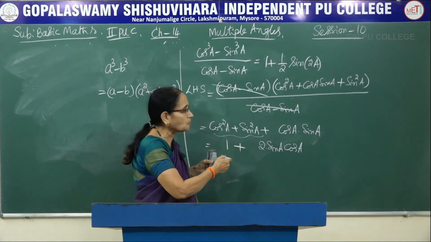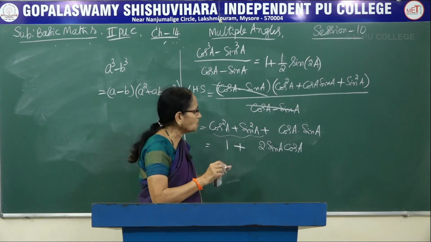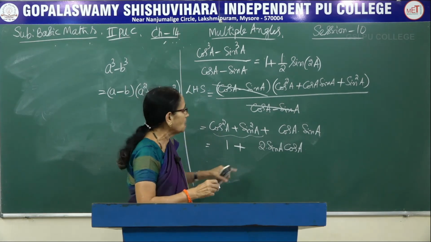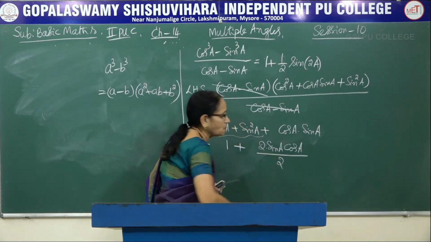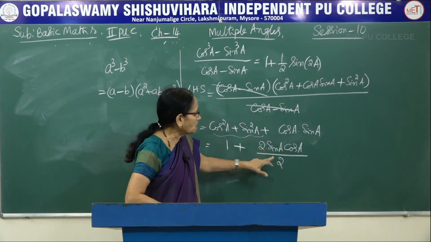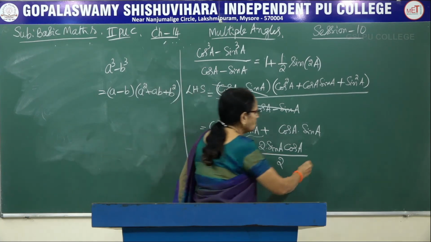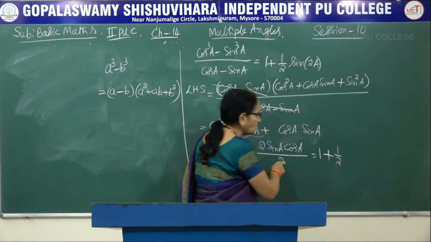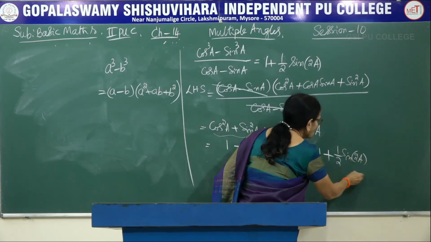See, whatever adjustment, manipulation we do here, it should not change the value. So you have to always remember, if you multiply, you have to divide. If you add, you have to subtract. So that rule is there. So I multiplied the numerator, automatically I have to multiply the denominator. In other words, we multiply and divide by 2. Now look at the numerator, 2 sin A into cos A. So this is 1 plus, and this 2 I am writing in the denominator as half into sin of 2A, sin of 2A.